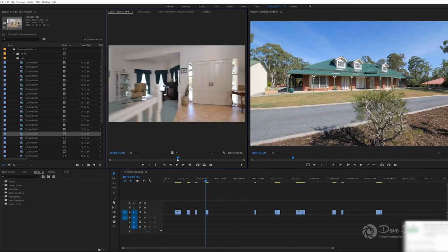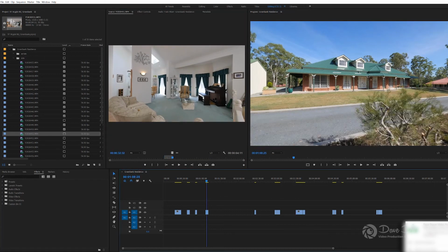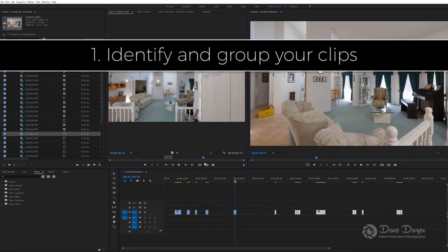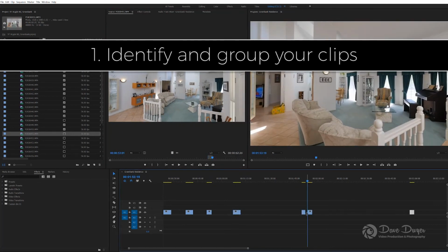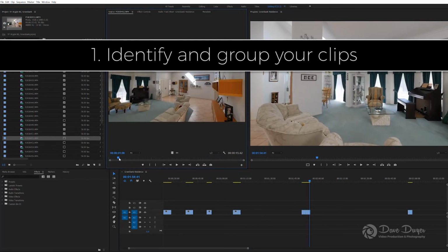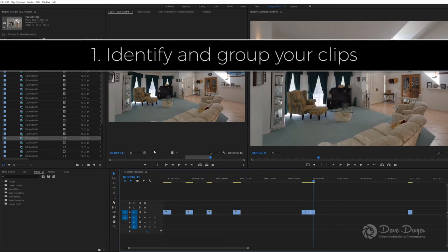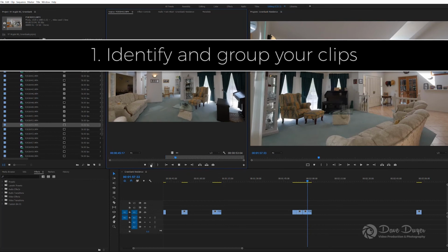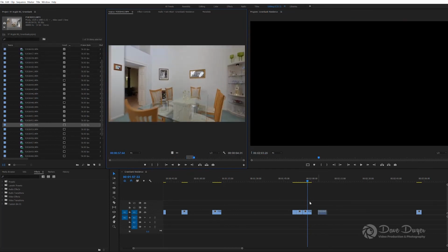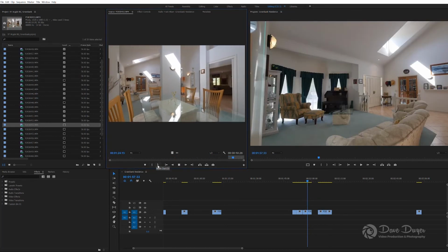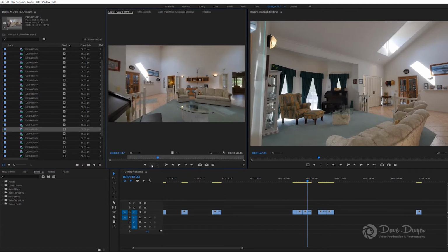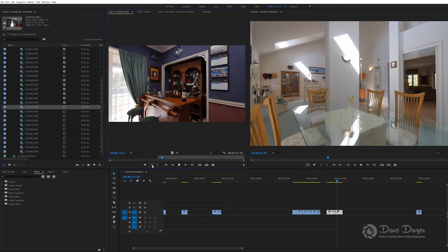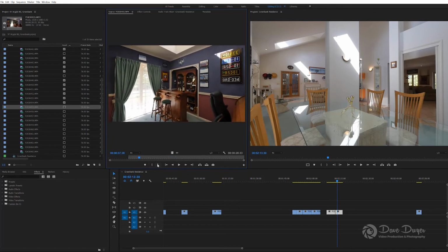So the general process is to click on each clip in the order of sequence that I shot them, and then as I scrub through the clip I identify the parts that I think worked and the shots that looked the best, and I use the in and out points. As you can see there, I'm marking the in and the out point, and then once I've got the in and out point I drag the video through onto my